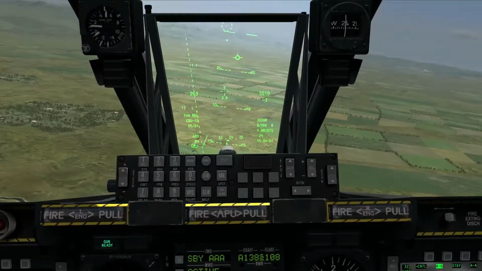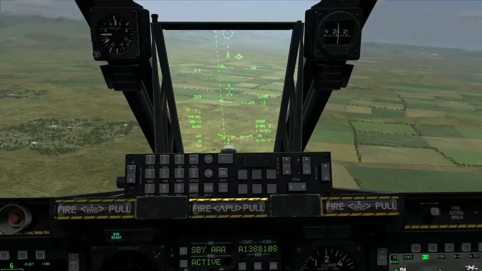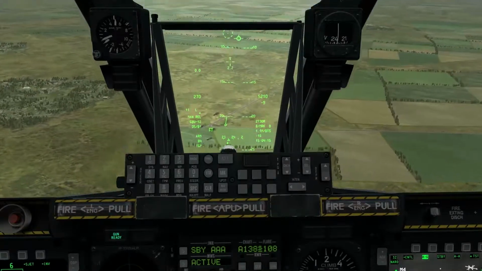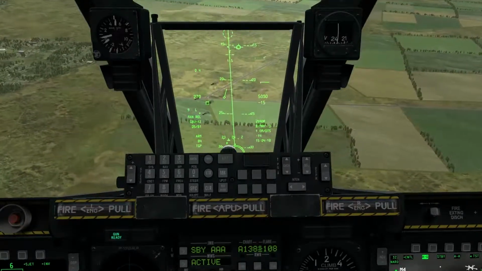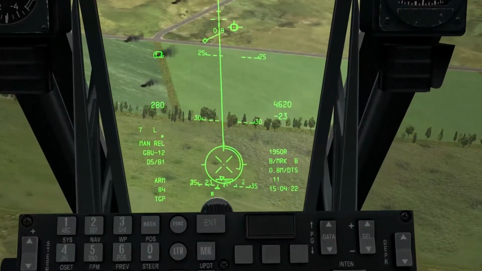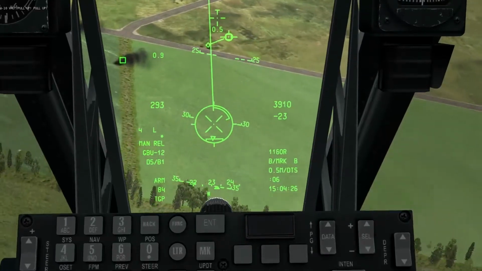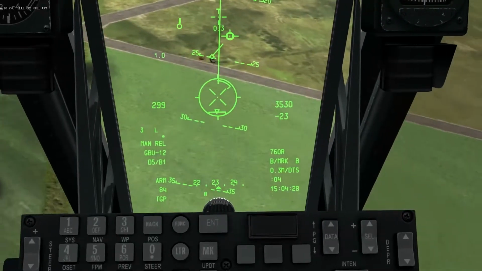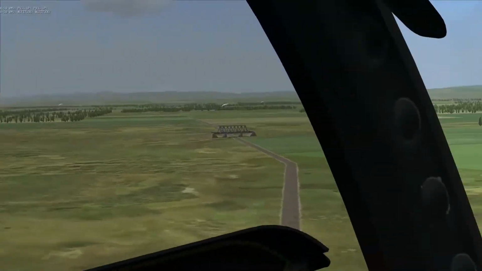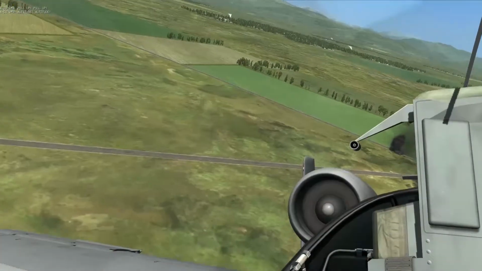So we're coming in, you want to come in kind of high, then cut your throttle. Get that line to line up with him. Pull up. And tap. Altitude, altitude. And that's how you do a